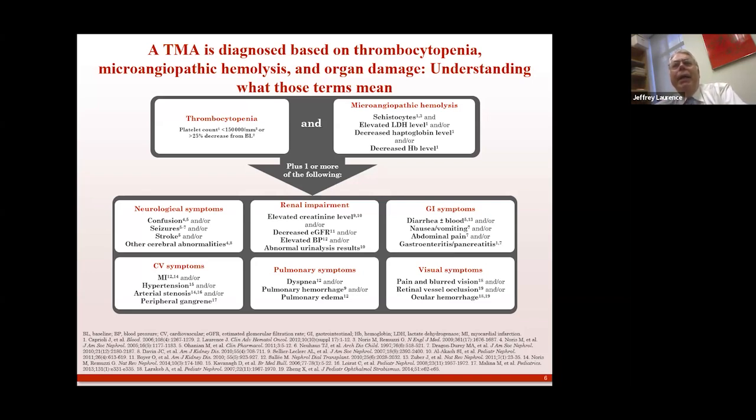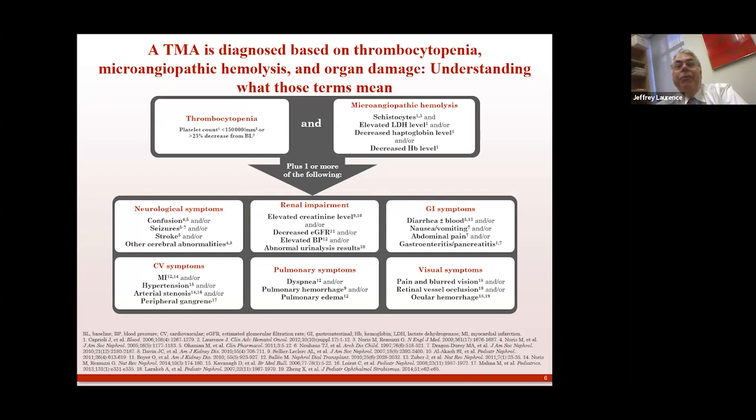Microangiopathic hemolytic anemia. You want to see schistocytes on the peripheral blood smear, but you need to look at that peripheral blood smear all the time, every day. I've been involved in 3 lawsuits now, failure to diagnose TTP or HUS, where because these are lawsuits, they send me the slides. And I agree with the hematologist, no schistocytes on day 1 or day 2 or day 3. I'll find them on day 4 or 5, but who bothers looking at the smear every day? Tell your fellows to look at that smear every day.